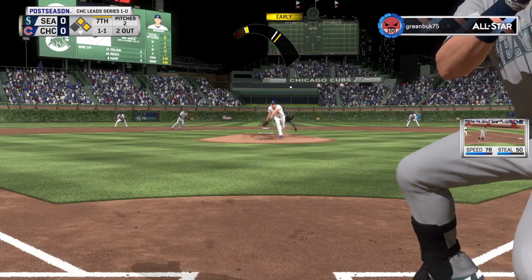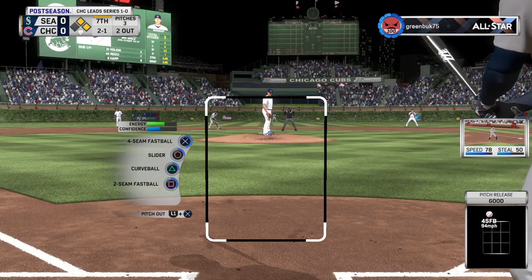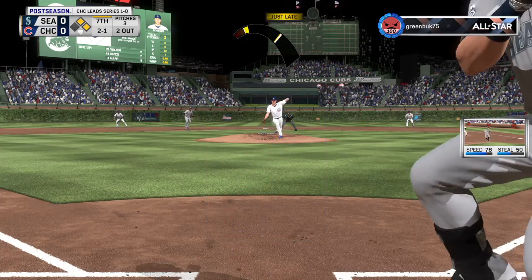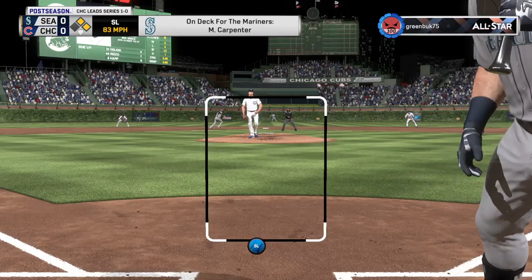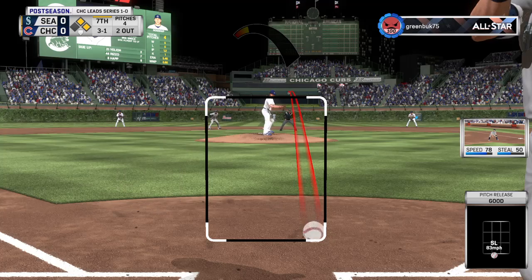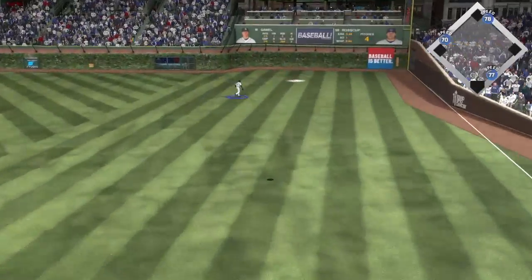Ready with the 1-1 pitch. Fastball stays way up that time for ball 2. A lot of times you see guys get too aggressive and try to do too much at the plate with guys on, but right here he's doing a great job of waiting on the right pitch. Got himself ahead in the count now. Well, this is the matchup they wanted, bringing in the reliever, but falling behind 2-0 doesn't exactly help the situation